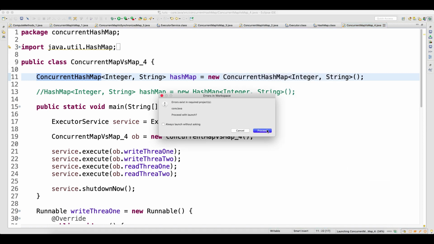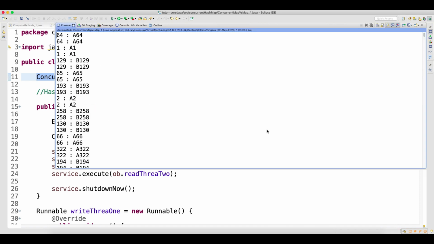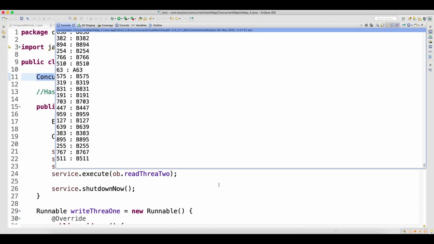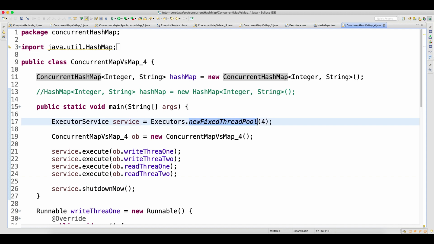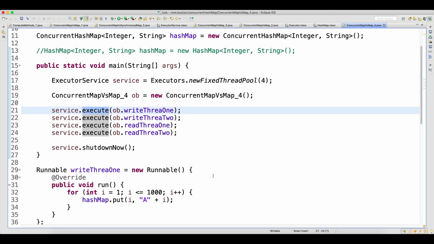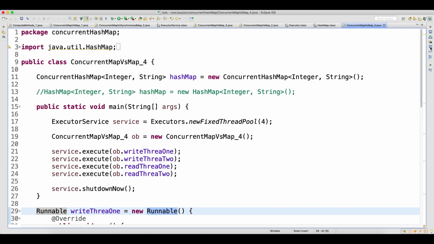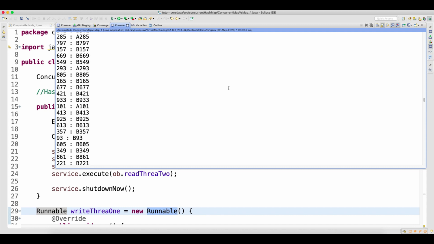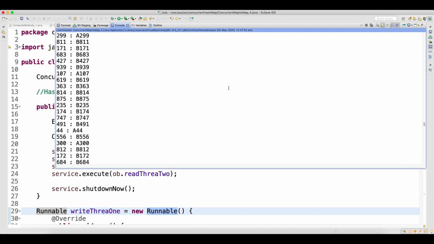The same example whatever I explained in my previous video, same example, right? Here I will not tell you what is meant by thread pool, execute, or shutdown. I will not explain what is Runnable because I have already told you 2-3 times. So you can see that there is no problem. Nicely, your read and write both went fine, right?